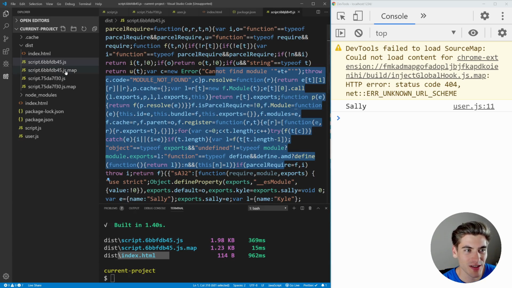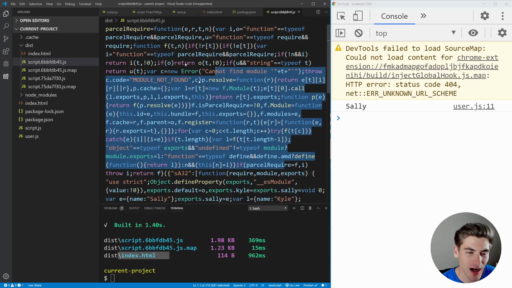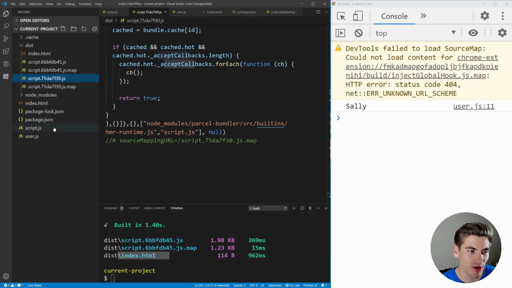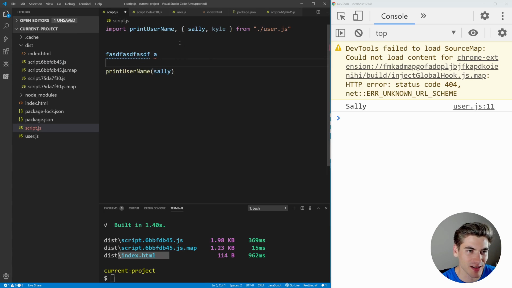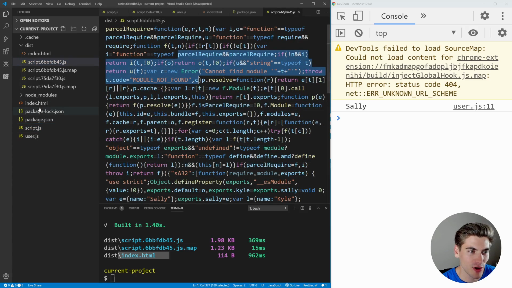This is where these dot maps come in. What these dot maps do is they allow you to actually translate this crazy complicated code right here into your more common and easy to understand code here. It's essentially a mapping between the two. So if we have an error inside of our code, for example, if I just wrote in here a bunch of random characters, this is going to throw an error because this doesn't actually exist inside of our code. What this mapping does is it allows us to map from here over to our different